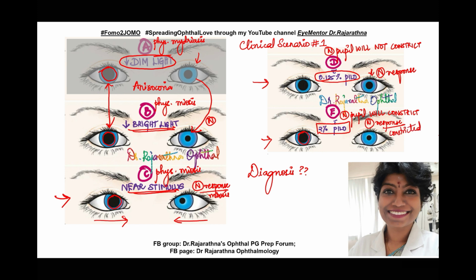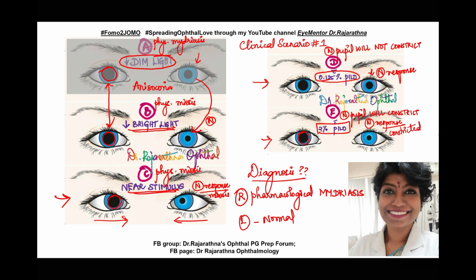Yes. So all along, from A, B, C, D, and E, I see that my left pupil is behaving normally, whereas my right pupil stays completely well dilated. So what is my diagnosis? My diagnosis is left is normal. What about the right? So probably somebody put a mydriatic drop. So right is pharmacological or drug-induced mydriasis. That's why it's not responding to anything.